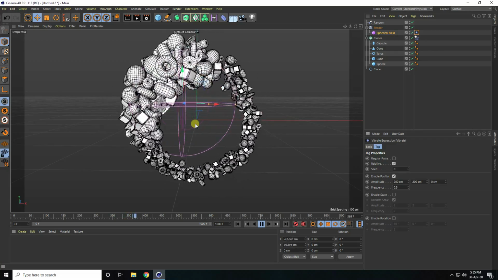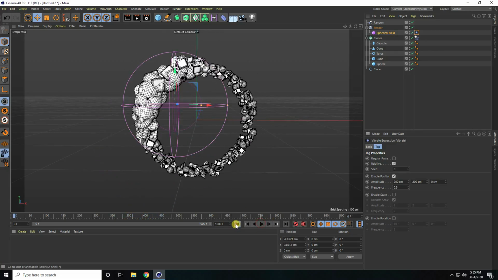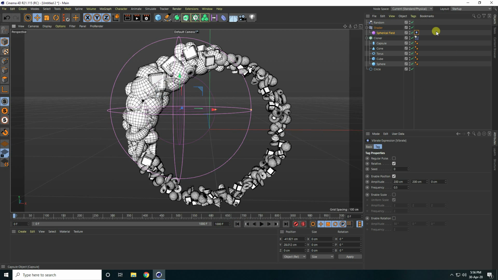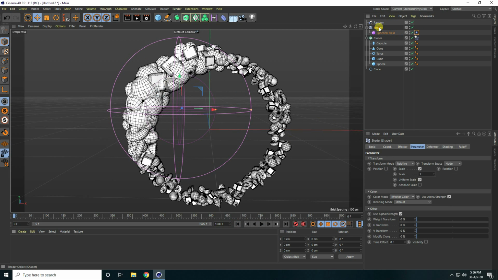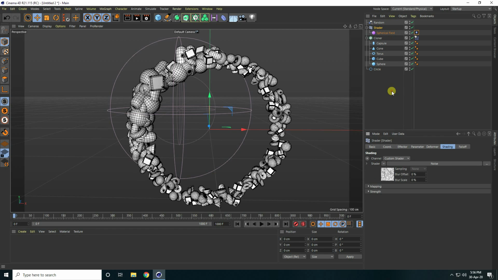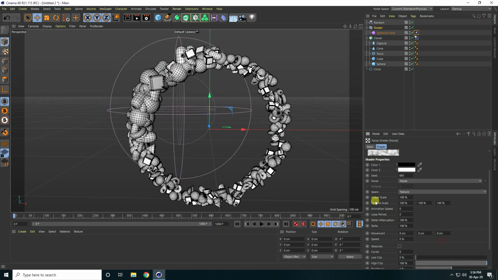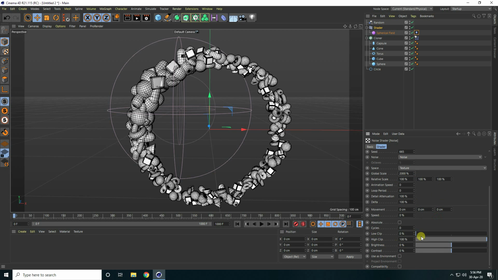Now guys, I apply material, changing material. So we need noise on spherical field and shader factor. So select the shader factor and I go to shading and go to shader, use noise. Yeah, and click on noise. Guys, global scale, I take same like last one, 2000. And guys, low clip increase like 20 is good.